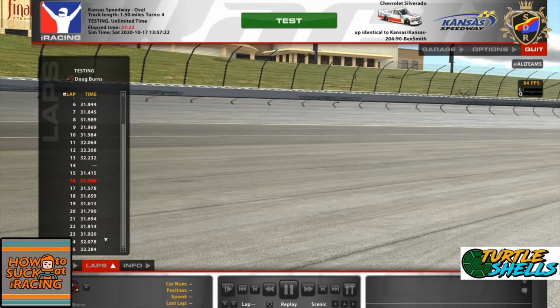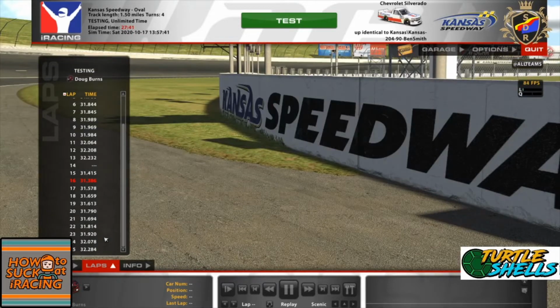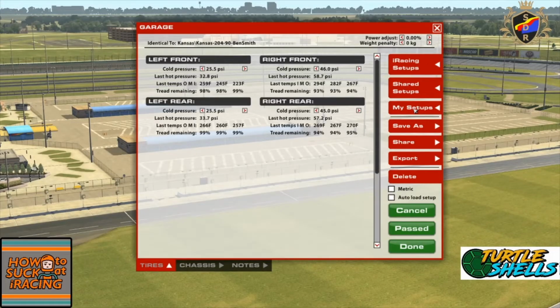Okay, we're not taking that last lap, so we can probably factor in that I went an extra lap in that car around that setup. So those are the two free setups out there. The two free ones that I'm aware of. So now